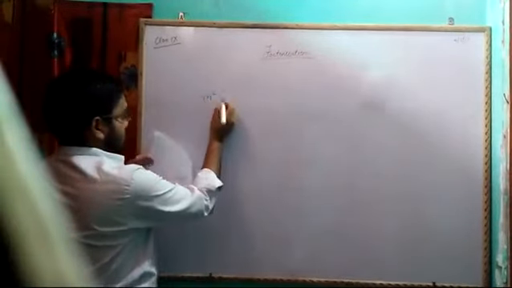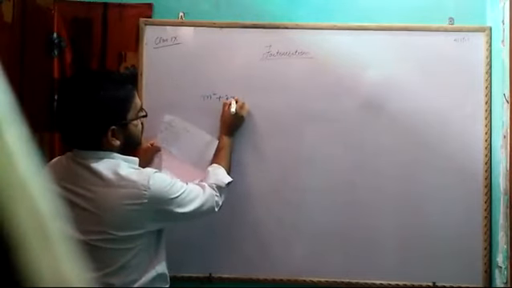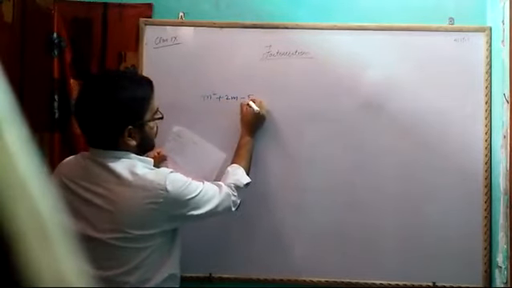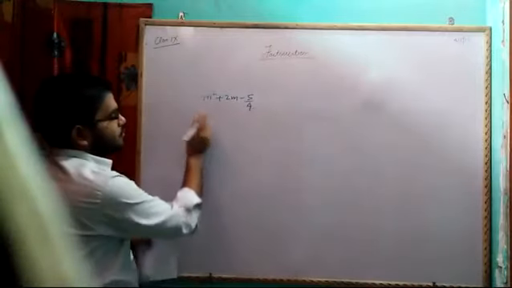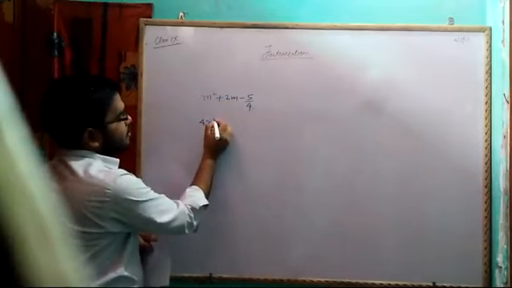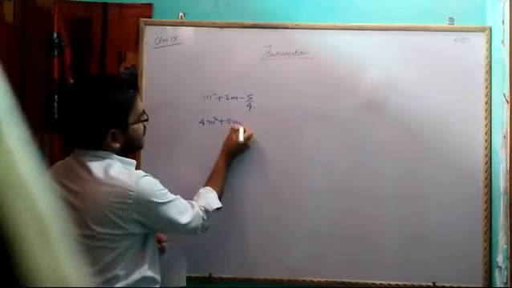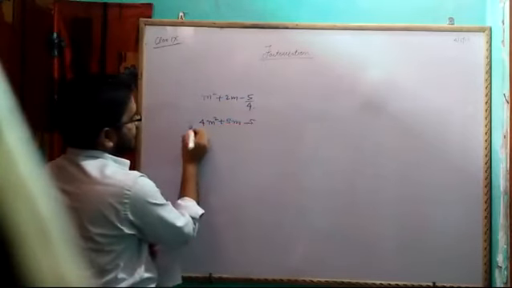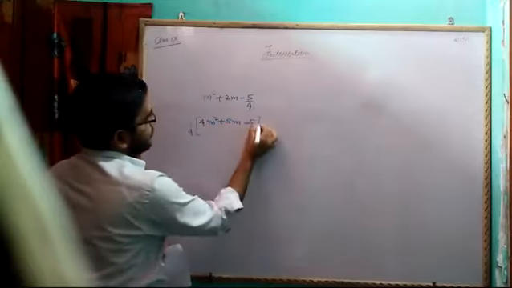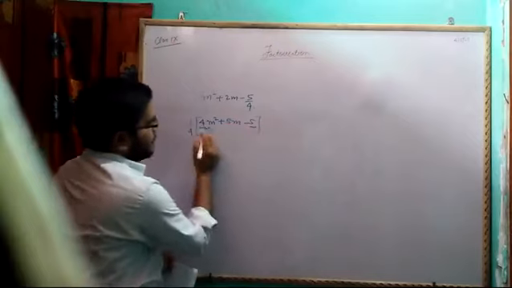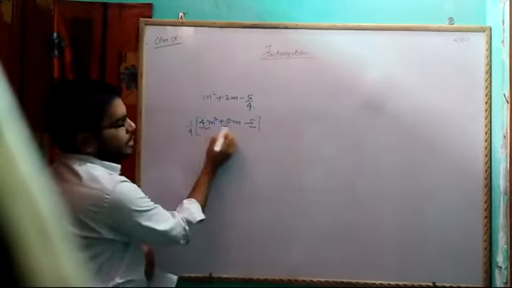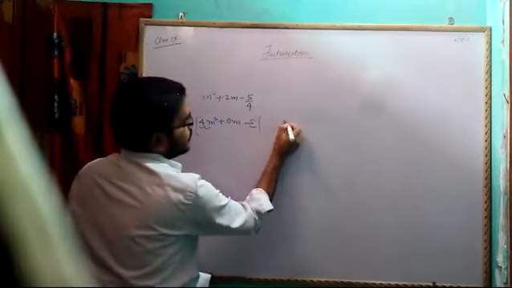Now m square plus of 2m minus of 5 by 4. This is same as the previous one. What you have to do? You have to just take the LCM. So it will become 4m square plus of 8m minus of 5, and 1 by 4 will come this side. After this, you have to see the product of the coefficient of square terms and the constant. So it will be 20.